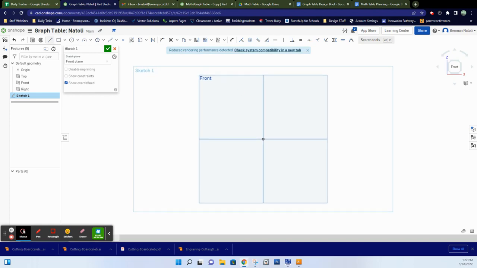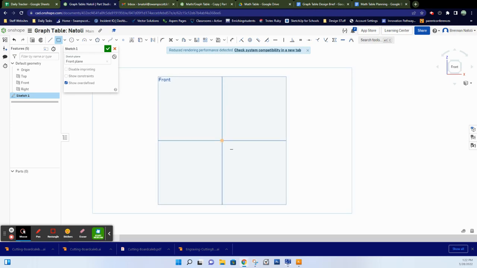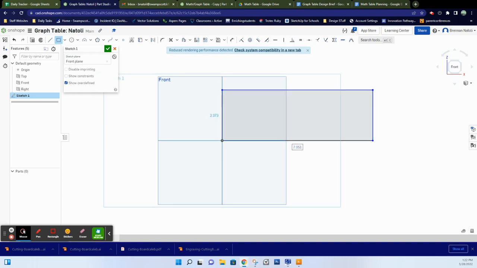So first thing we're going to do is let's draw a rectangle. So I click the corner rectangle tool, click the origin. We try to start a drawing off of this origin. Click and drag. Now, we know this is 15 inches across, so I type in 15, hit enter,